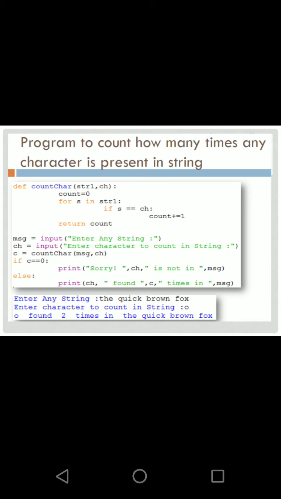You can see here, what we are passing is actually two variables. One is a string, that is message, which is a string, and ch is a single character that you are giving to check whether that character is present in that string or not. If it is there, it will give you how many times. If it is not there, it will say it is not present in the string.